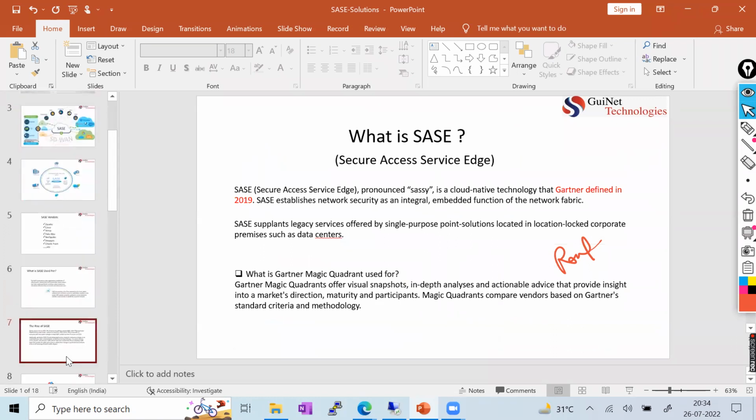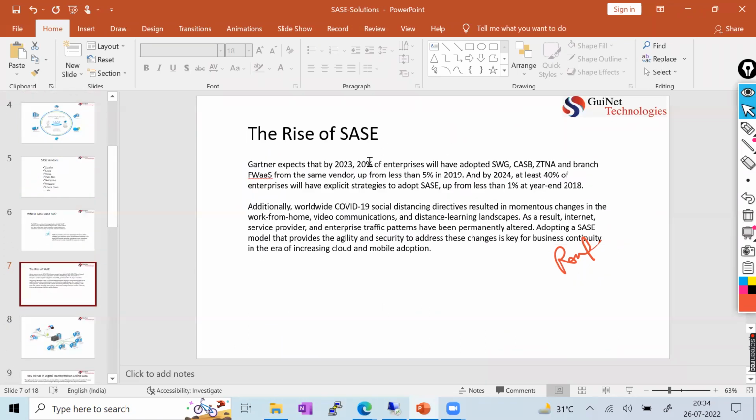I just showed you, it's just 20% until 2023. So you still have an 80% scope. And once you at least know the SASE solution, I'm telling you, the demand and supply gap is huge. Demand is very high and people don't have these SASE skills. To understand SASE, you should know SD-WAN, firewall, proxy, secure web gateway and all.